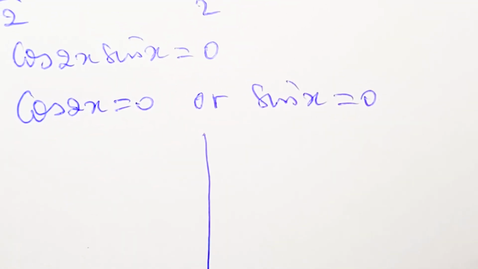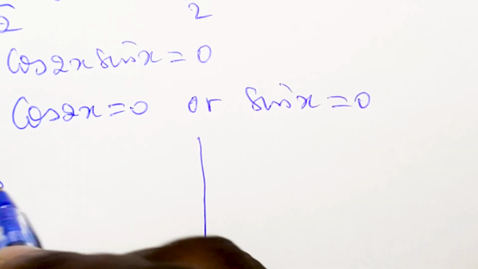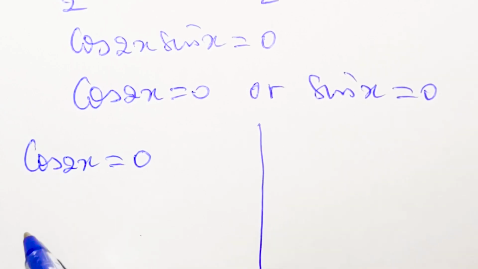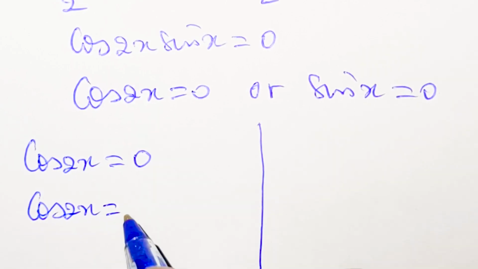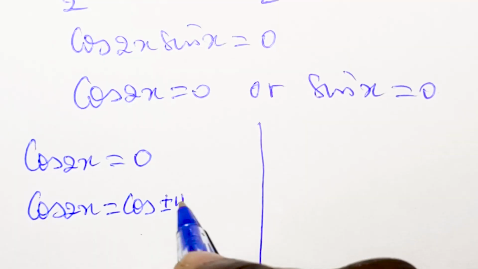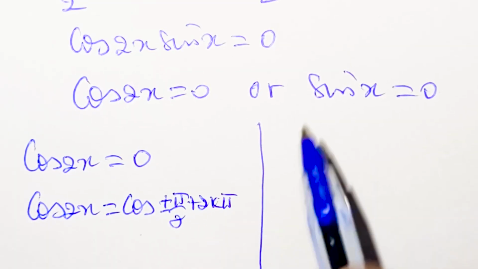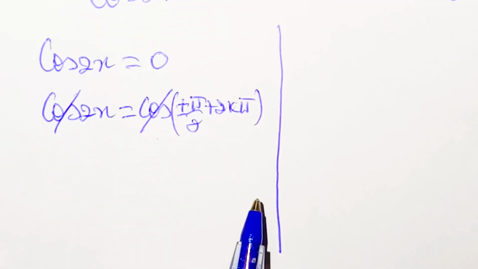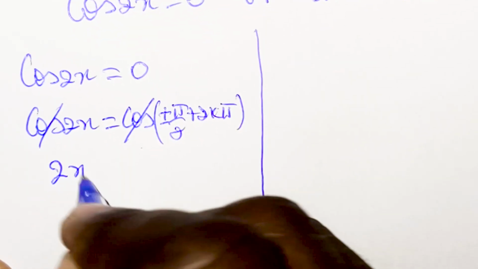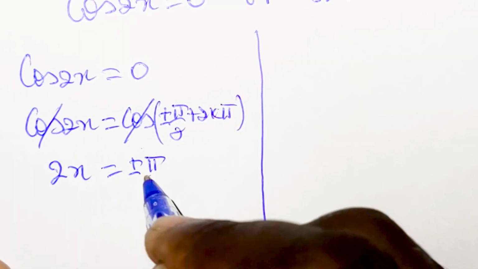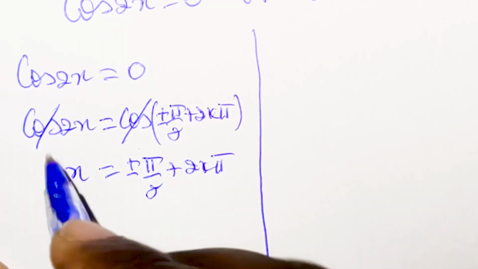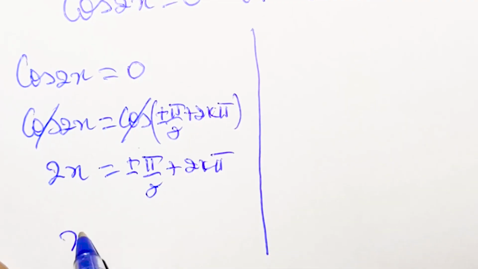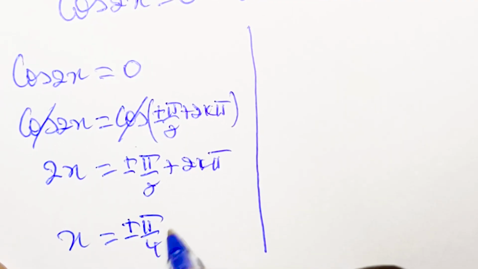Now, let's do it like this. Cosine 2x is 0, well, it is very clear that cosine 2x must be cosine of plus or minus pi over 2 plus the period 2k pi. And cancel cosine on both sides. We have 2x equal to plus or minus pi over 2 plus 2k pi. Well, dividing everywhere by 2, here we have x equal to plus or minus pi over 4 plus